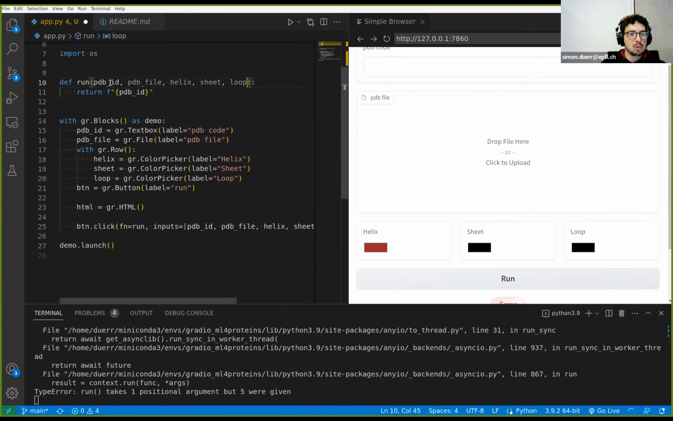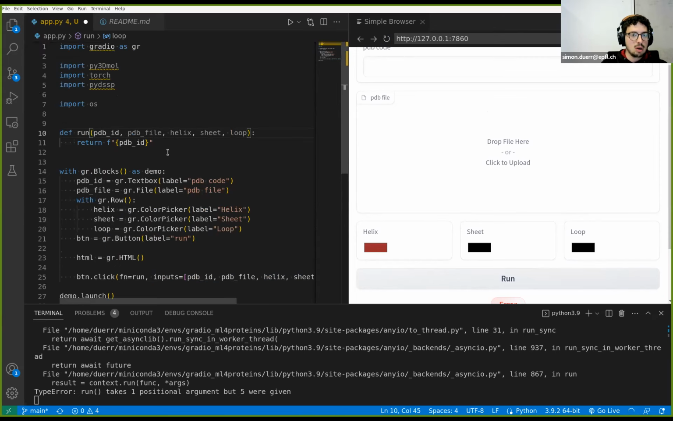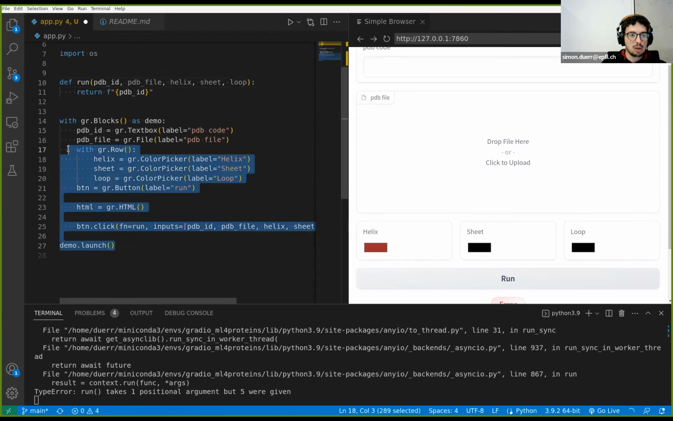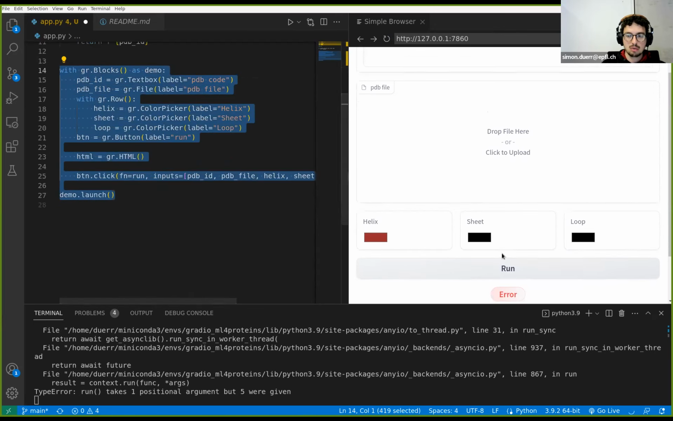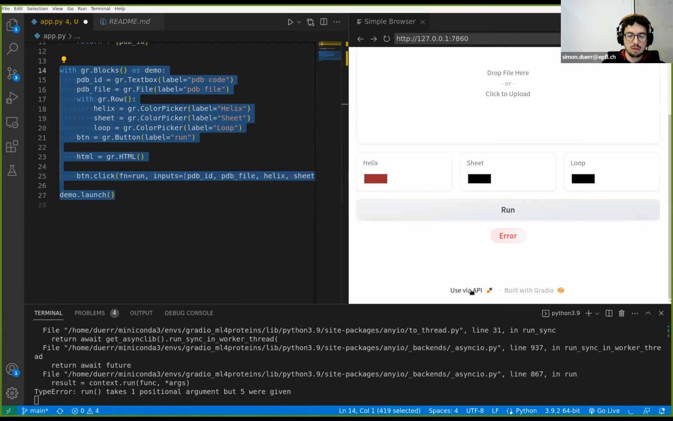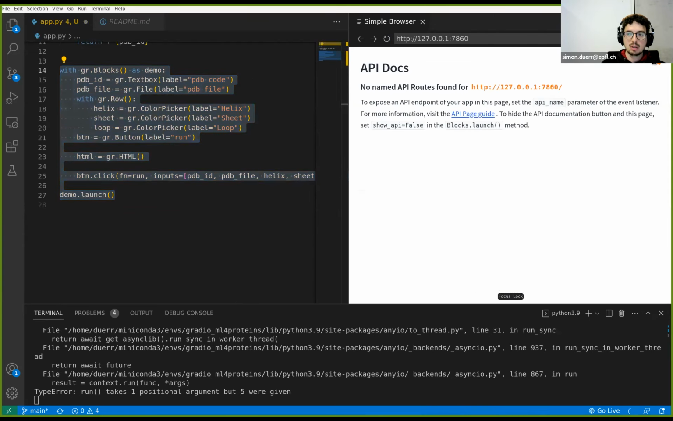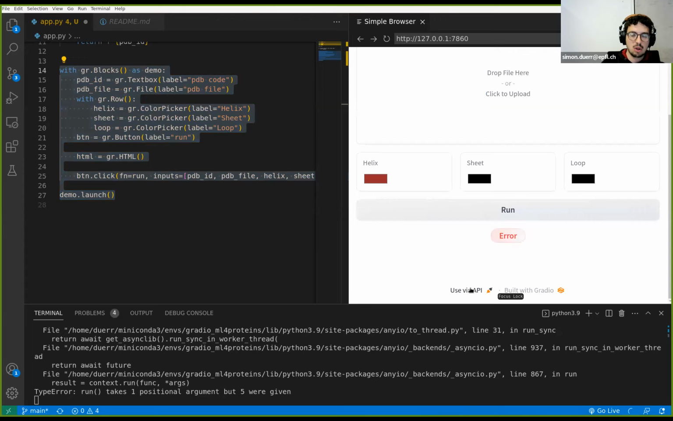So now you see we have PDB ID, PDB file, helix, sheet, and loop. And basically in run, we can do all our logic now. So this is all the code you need to generate this interface and nothing else. And you can even see, down here, you already have this used via API thing. If I click on it, then if it's hosted on Hugging Face, then you will see the documentation of what's